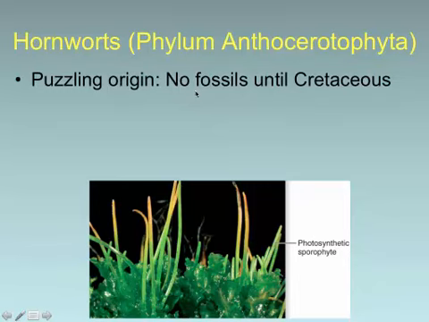The last group of bryophytes that we're going to look at are the Anthocerotophyta. It's kind of a mouthful, Anthocerotophyta, which are the hornworts. This is a group which seemingly kind of sort of comes out of nowhere. Now, both the true mosses and the liverworts, let's go with that because it's a lot easier to say, they've been around for much, much longer.